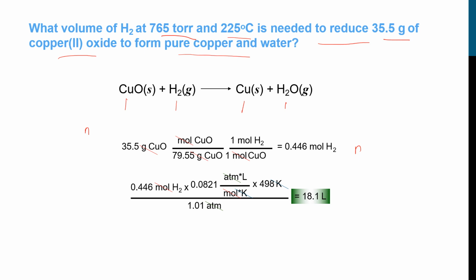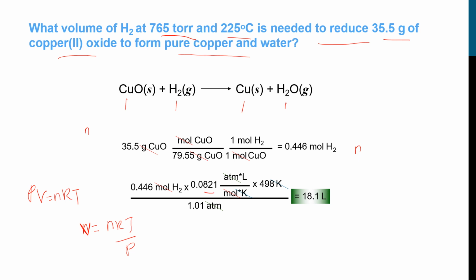Bila dah dapat, masukkan dalam formula PV equals nRT. Nak cari apa? Volume. So V equals nRT over P. So n is 0.446 times R,